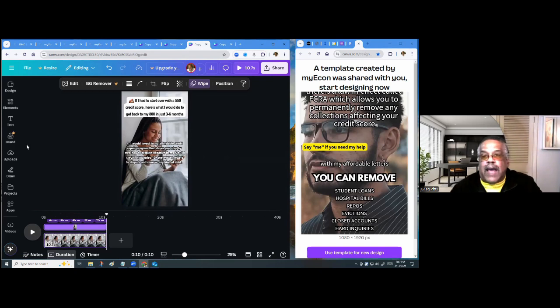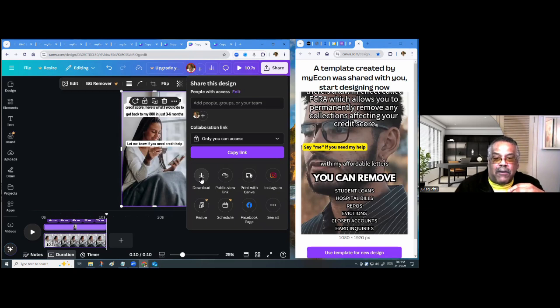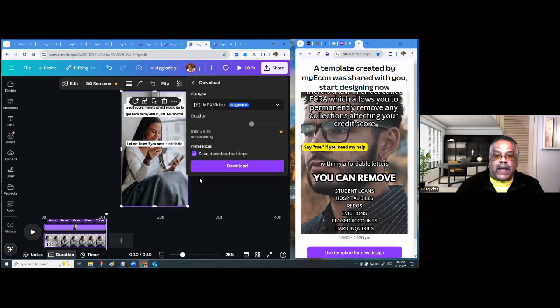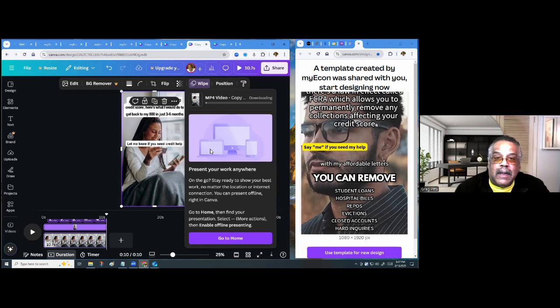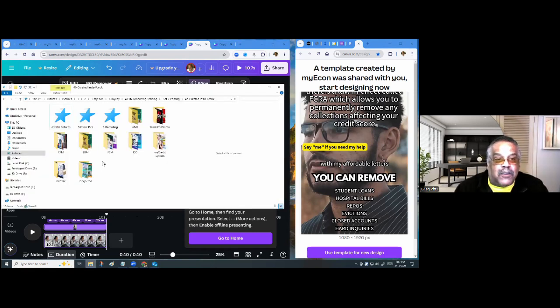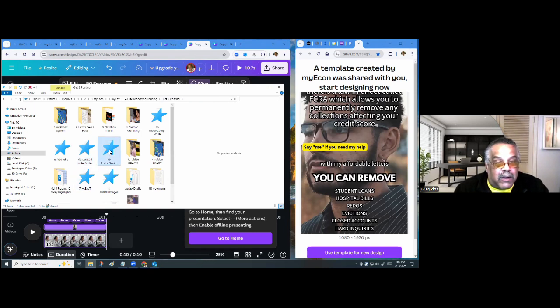Okay, once you do that work, if you hit the share button, you want to download it. And then again, it's going to bring up your file explorer, and that's where you put it where it's supposed to be. Let me hit the download, and you'll see that it's downloading up here. Okay, when that download is finished, it's going to open up a little spot so that you can put that in there. And what I'll do is go back to my Get to Posting, and I'll go to my Reels and Stories,